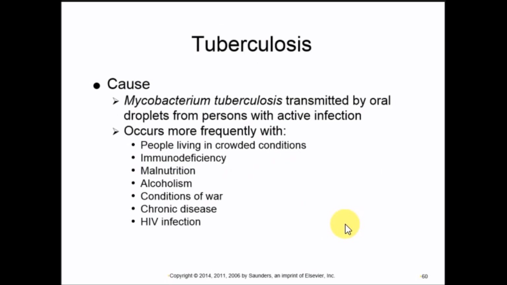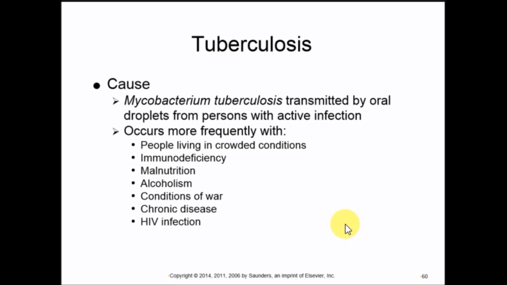The next is TB, and TB is caused by Mycobacterium tuberculosis. This is usually transmitted by oral droplets, and the person has to be actively having the active disease in order to transmit it. If this person has something chronic or is in the prodrome, it does not infect. It has to be someone with active TB in order to occur,